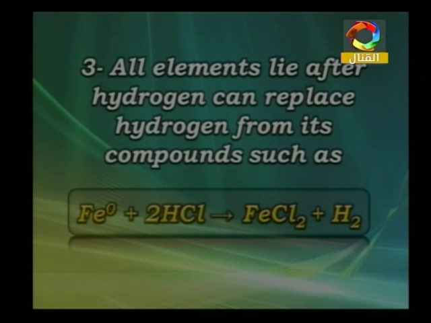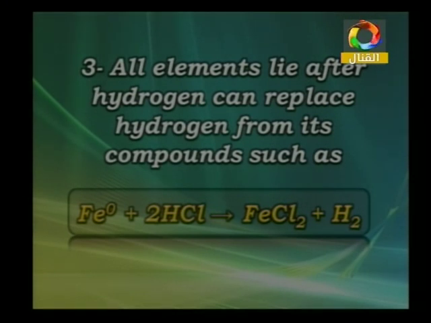All elements that lie after the hydrogen can replace hydrogen from its compounds, such as. What is meant by this? Remember, before we said we have the chemical activity series. What is meant by the chemical activity series? It means some elements or metals arranged in order from the strongest to the least in chemical activity, and with them we have hydrogen. It is similar to the electromotive series. Why? Because all elements that lie after the hydrogen can replace hydrogen from its compounds, such as Fe0, for example, iron,